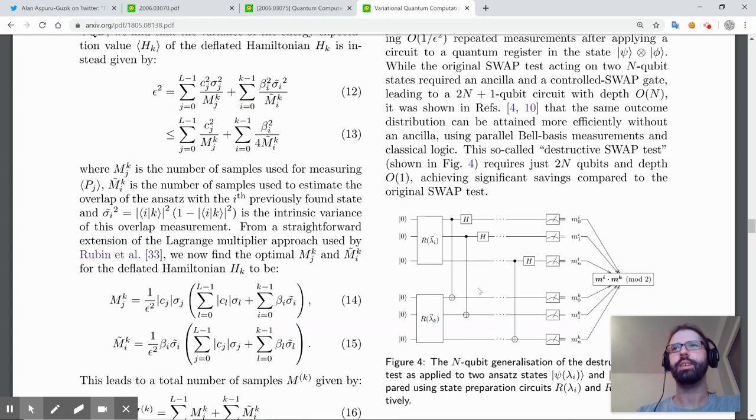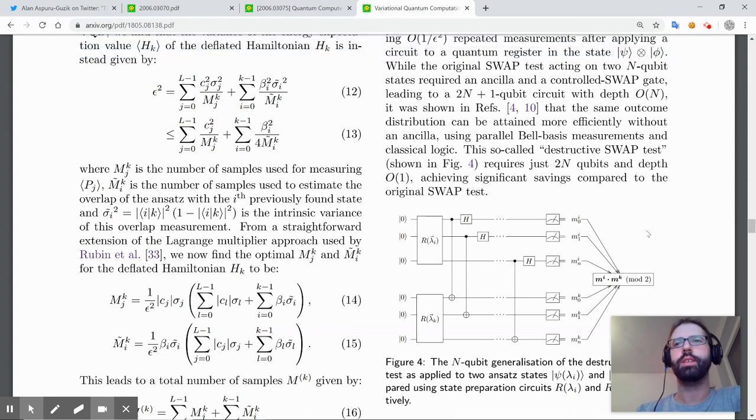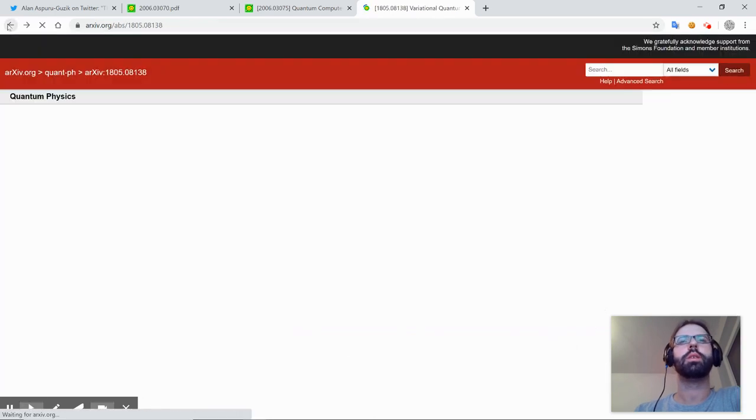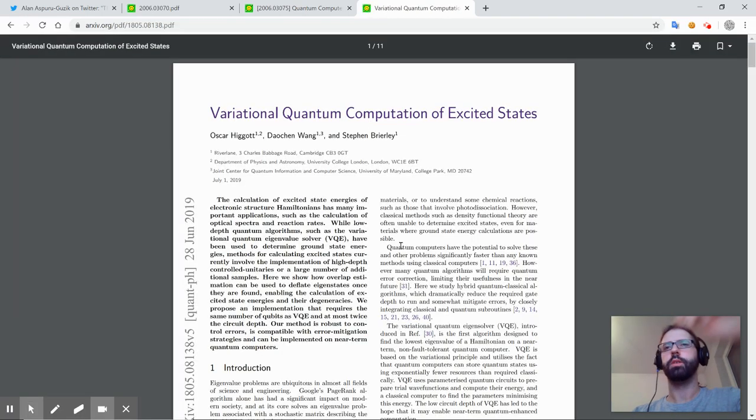Isn't the destructive swap test the Hadamard overlap test? Why is this then novel? From when is this paper? How do I know when it was first published? I think it was submitted in May 2018. Okay, that's really recent. Okay, a couple of years, but